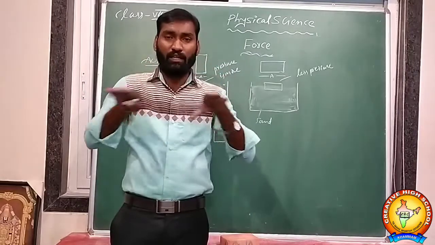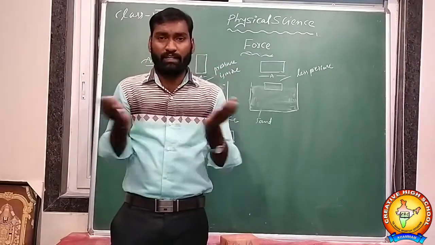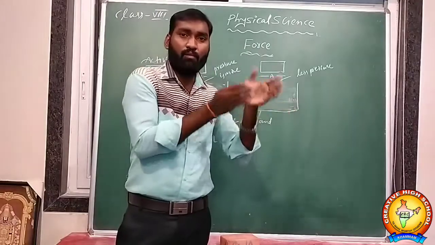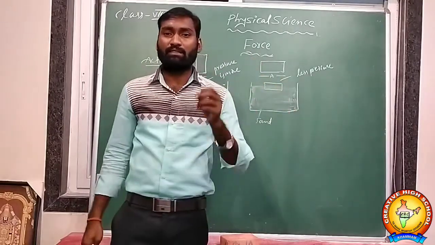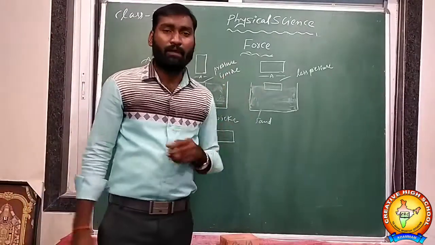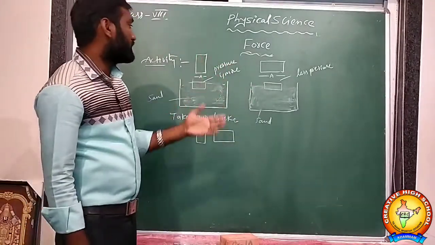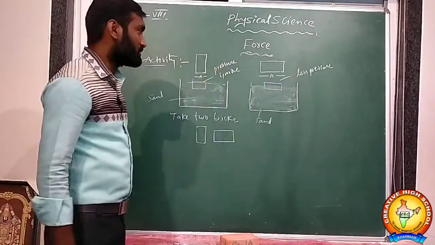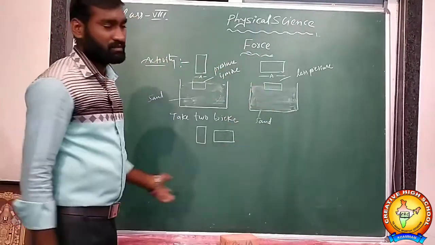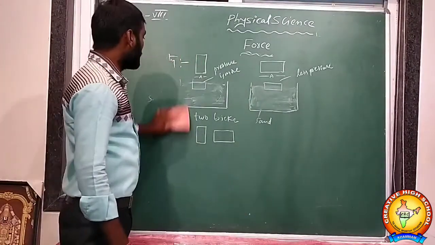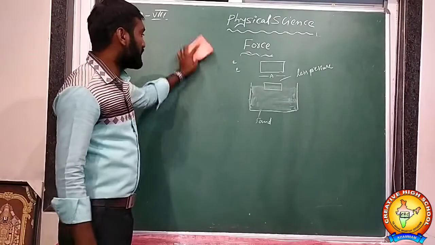Their surface only will stop there because more area of cross section applies less pressure. Less area of cross section, more pressure will be applied on the sand. So that's why it goes less deep into the sand. Less area, more pressure. More area, less pressure. That's how pressure is explained. Not only this, in daily life we have so many examples you can take about pressure.